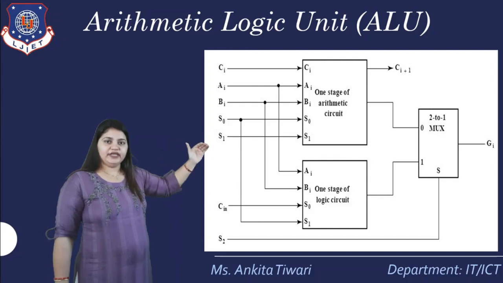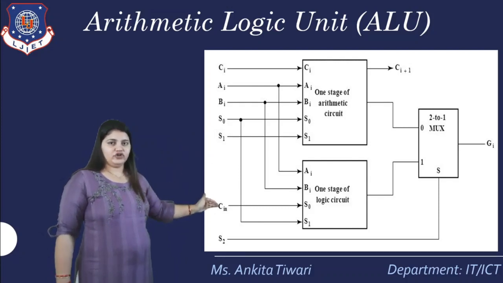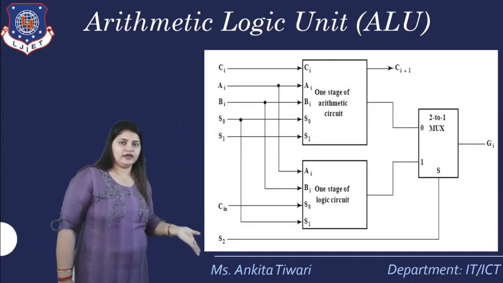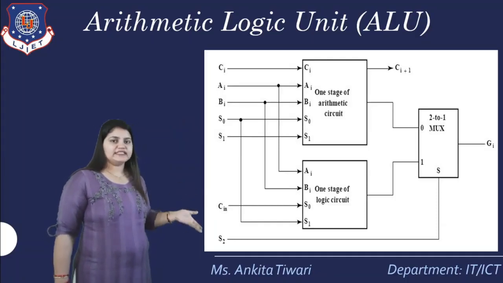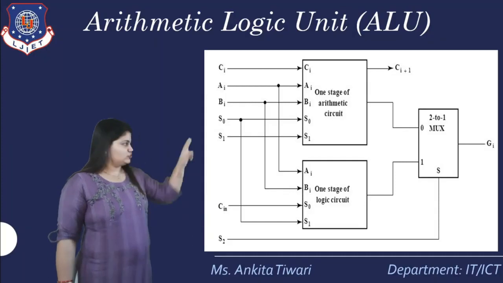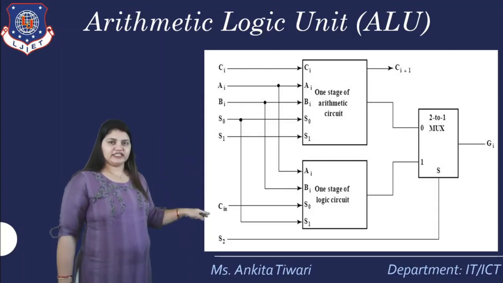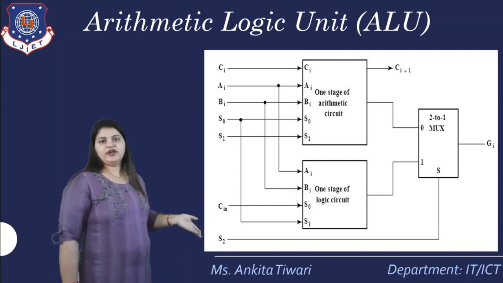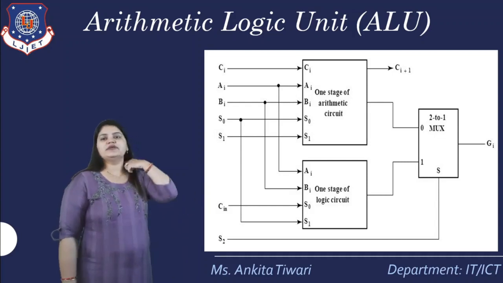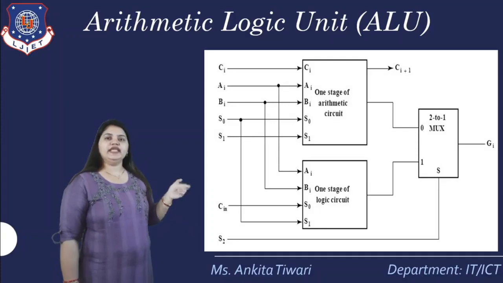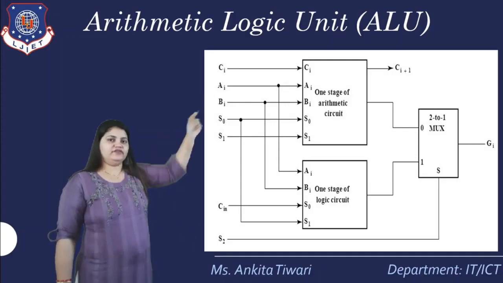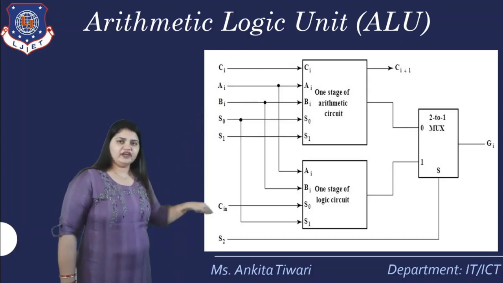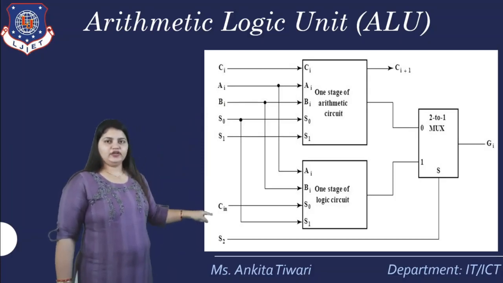Okay, and that will be taken in the one stage of logic also, because we are taking the same values A of i and B of i, because it is a common circuit. So both input values will remain the same, that is, the names will remain the same. So A i, B i, the same we have taken in the stage of logic also. There we have used S0 and S1, and here we are using the concept of C of i, which is being carried, taken in the arithmetic, which is not required in the logical circuit. So we have taken one bit as Cin and another bit as C i plus 1.